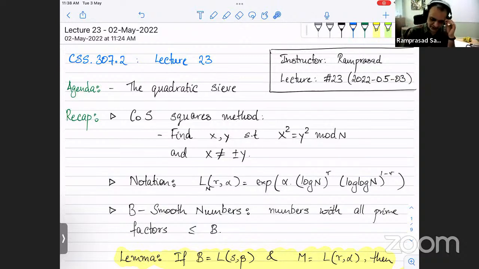So for the congruence of squares method, the goal is to try and find two elements, x and y, mod n, such that their squares are the same. So the squares are equal mod n, and this must be a non-trivial pair x comma y, in the sense that x is neither plus y nor minus y. We saw, based on the Chinese remainder theorem, that if n has multiple prime factors, then there are actually lots of such x's and y's with this property, and therefore the goal is to try and